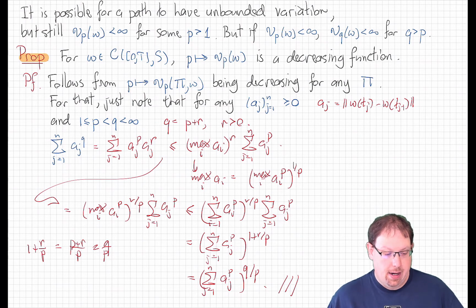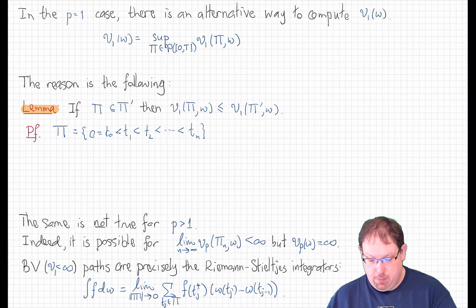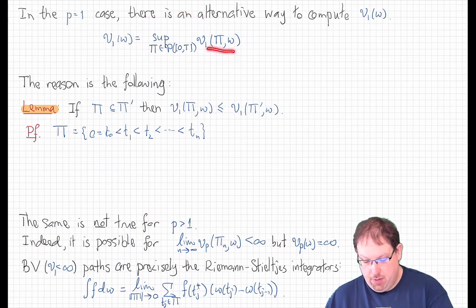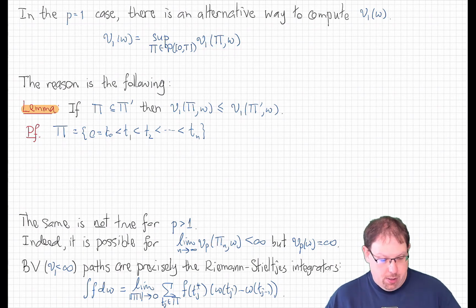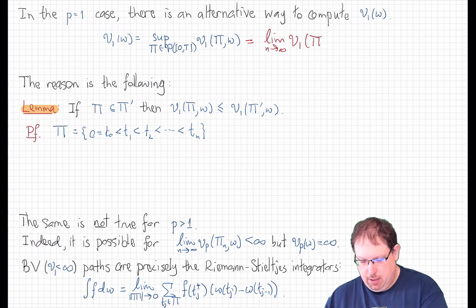And there is, particularly because there is an alternate way to write the definition of the one variation, as follows. In the p equals 1 case, the one variation, which remember is defined to be the supremum over all interval partitions of the one variation on that partition, can be written instead like this. It's the limit as n goes to infinity of the one variation along any sequence of partitions, pi n,